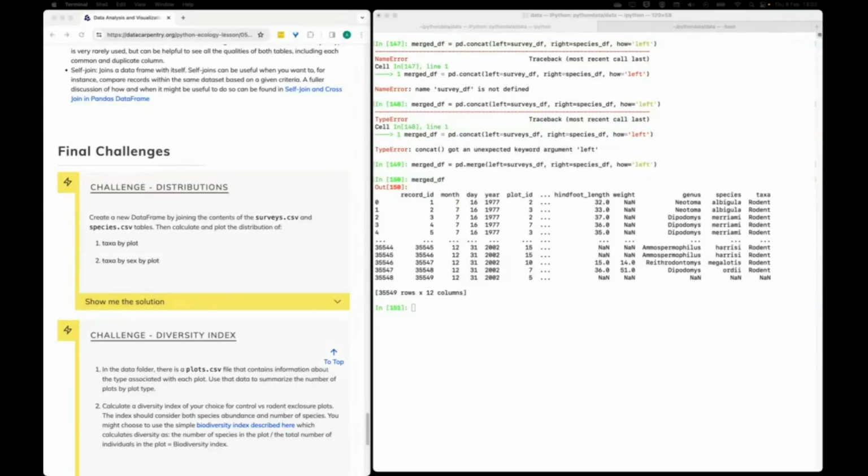Out of interest, we can actually check. So we can see, for example, that there is an entry here where we can see for the taxa. So also in this challenge, we want to plot the taxa. We can see an entry here where the taxa is a NaN. So then you might think, oh, hang on a second, why is that? Is that because we are somehow lacking information about that species ID in the species file, and therefore it couldn't identify, it didn't have a genus or species or taxa to look up? Well, possibly. However,